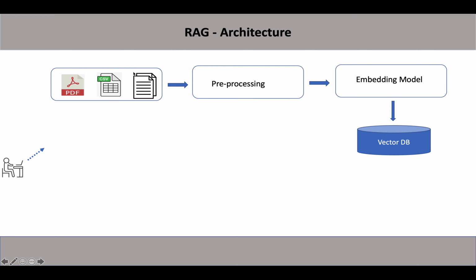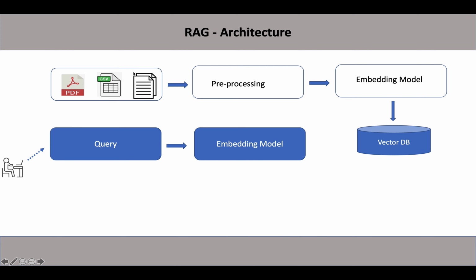Similarly, the user query I'm giving will also be converted by the embedding model and used against the vector database. So the vector database has both the query as well as the context of the query,